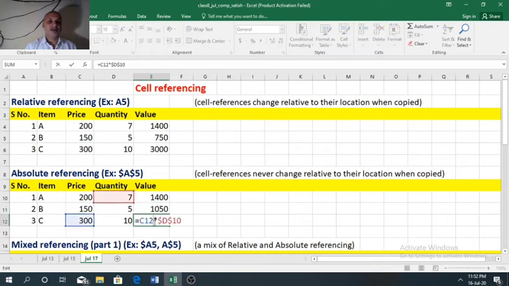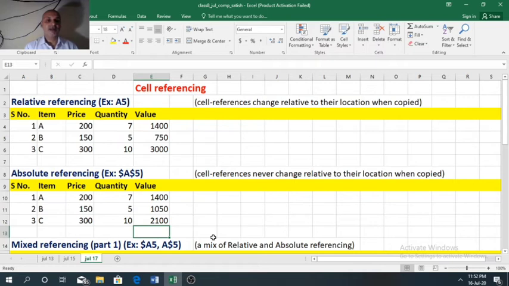And in this cell the row number changes to 12. So C12 is multiplied with again D10. So 300 into 7 will become 2100. So that was absolute referencing, where the cell reference becomes fixed.